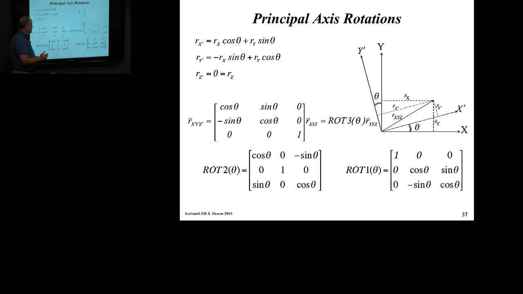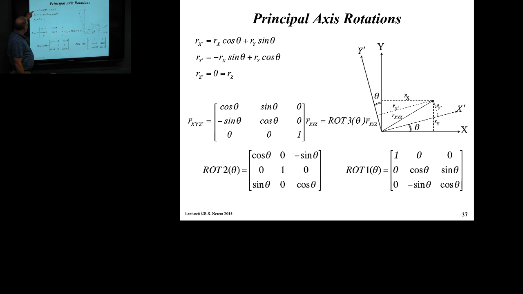So the r z component here is going to be the same for the prime system as well as for the original system. So you rotate, right-hand rule, positive rotation this way, by angle theta, and that will take you from y to y prime. We can derive those rotations by simply looking at the geometry here,